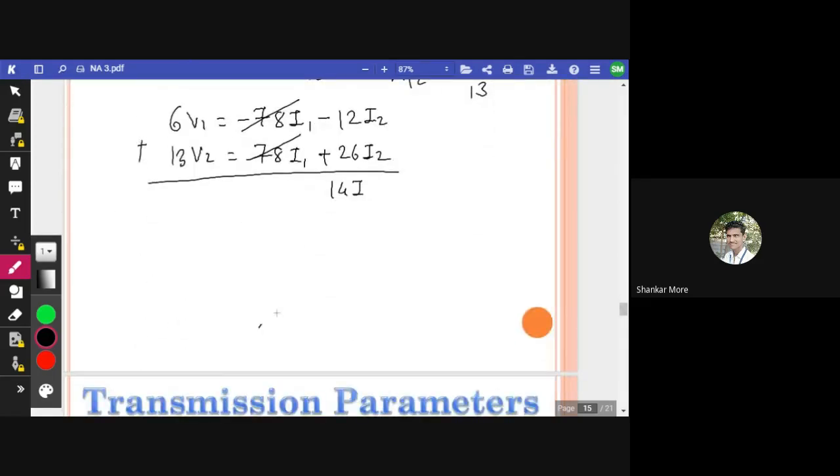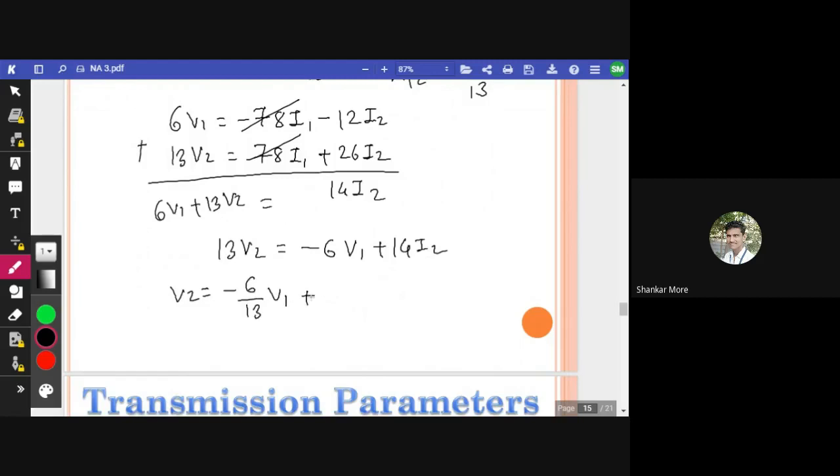एंड वी हैव हियर इज इक्वल्स टू 6 v1 प्लस 13 v2। लेकिन हमें चाहिए किसके फॉर्म में, we need in the form of v2, right? So we'll keep v2 here as it is, 13 v2 is equals to, what is this, i2, yeah, so minus 6 v1 plus 14 i2, so v2 will be equal to minus 6 by 13 v1 plus 14 by 13